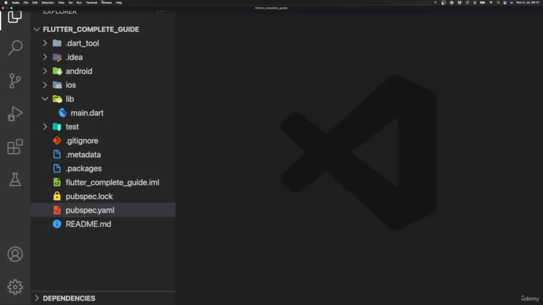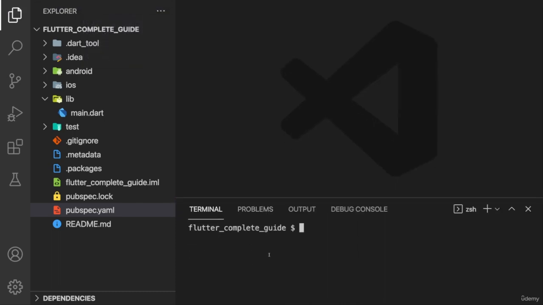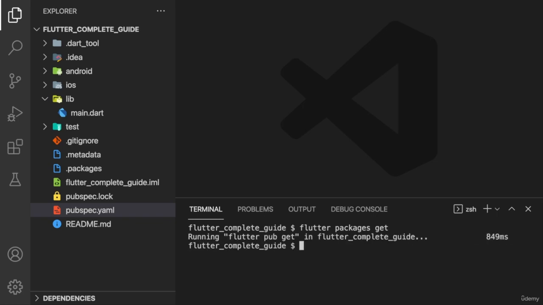You then also might want to open this terminal, and in that terminal run flutter packages get. Typically this should not be required because Flutter should run it behind the scenes automatically, but this is important to ensure that